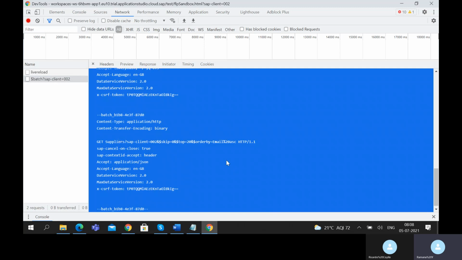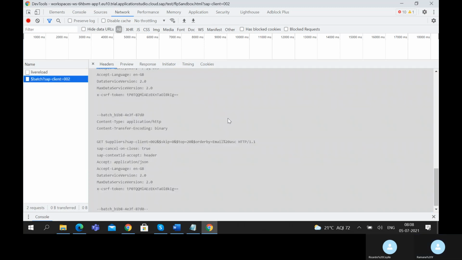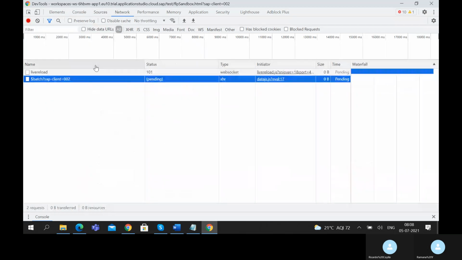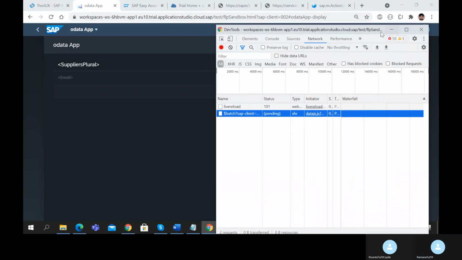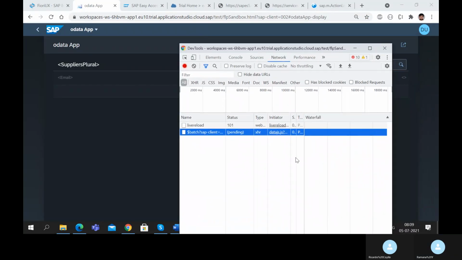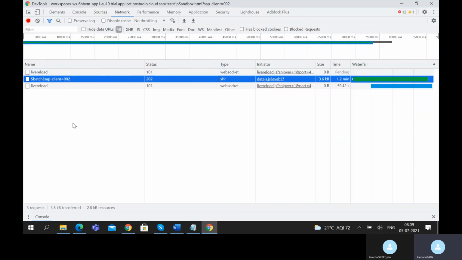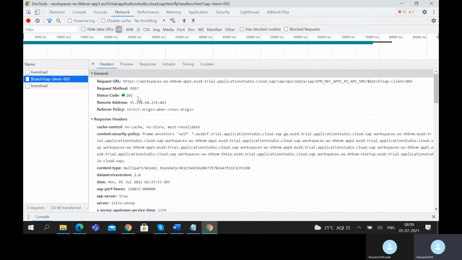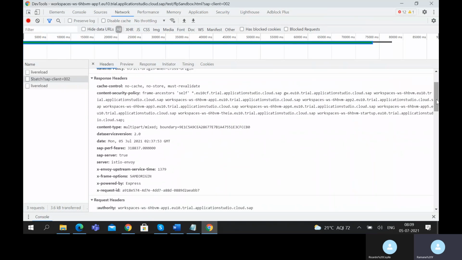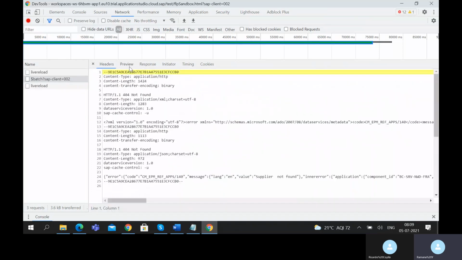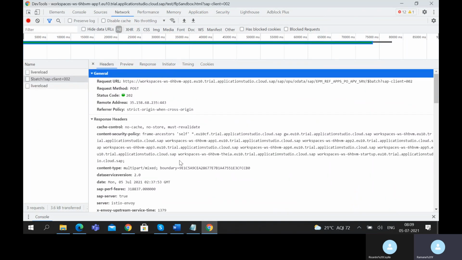It's trying to do get suppliers. Still pending. Okay, yeah, the request has been completed. If it shows 200, we have the 100, 200, 300, 400 series, where 200 refers to success. It says the post request has been completed. Now if I go down here, I can check the preview straight away. But I think as it's a batch call, it doesn't allow us to